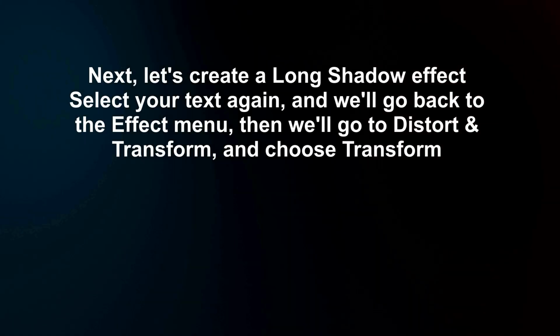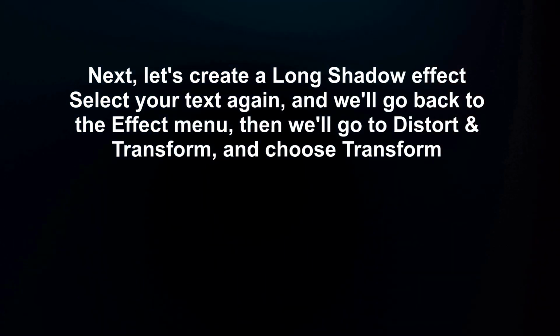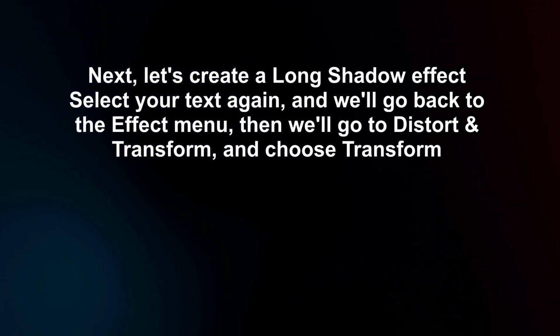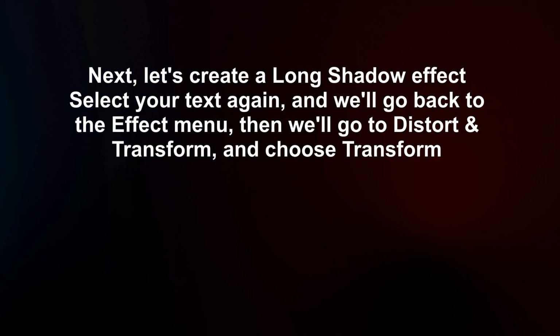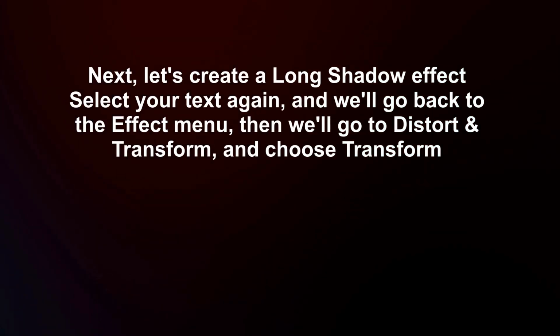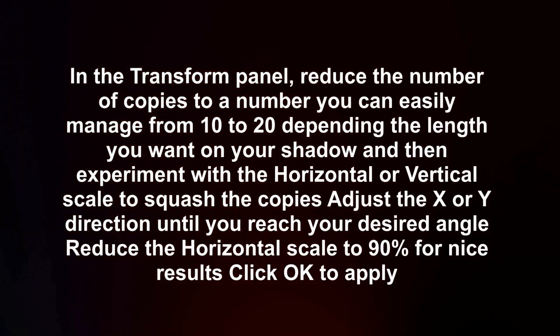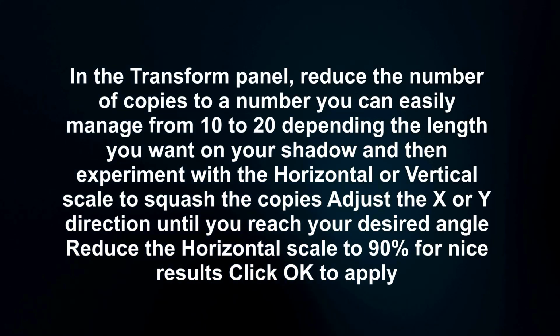Next, let's create a long shadow effect. Select your text again, and we'll go back to the Effect menu, then we'll go to Distort and Transform, and choose Transform. In the Transform panel, reduce the number of copies to a number you can easily manage from 10